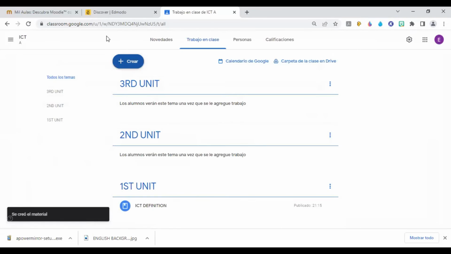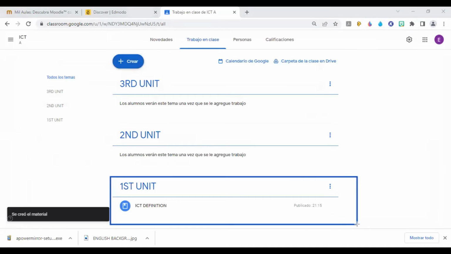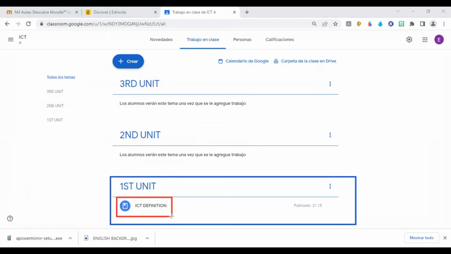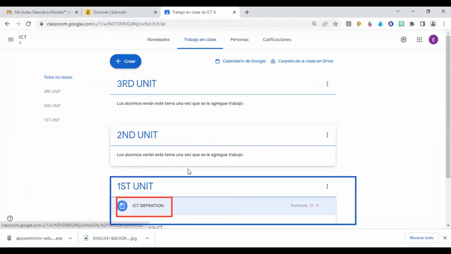Y miren, ya apareció. Here you can see it. First unit, and you have the material. All right? You have the material. The material ICT definition. So they click on this and